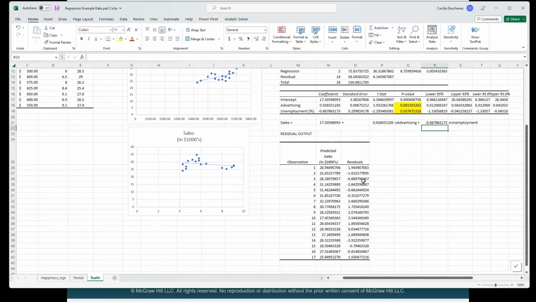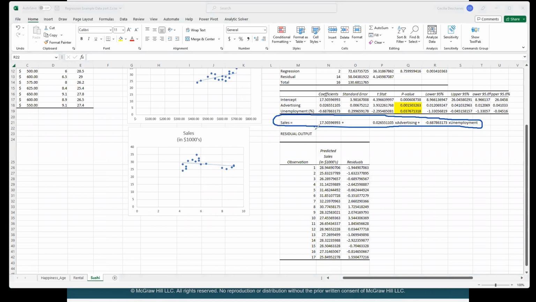So that's how we're going to get the sales, which are the predicted sales right here. So using this formula is what Excel's doing inside, and it's calculating the predicted sales based on,